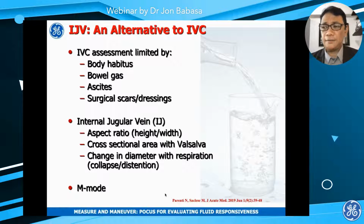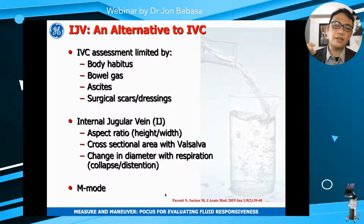The IVC can occasionally not be assessed in certain patients, mainly because of, for example, in this case, body habitus, or the presence of bowel gas or ascites, or maybe the patient has been operated on and there's surgical dressing over that area, and you don't have access to the IVC. The most common method of evaluating the IJV, or the internal jugular vein, is the change in diameter with respiration, which is similar to your IVC collapsibility. And